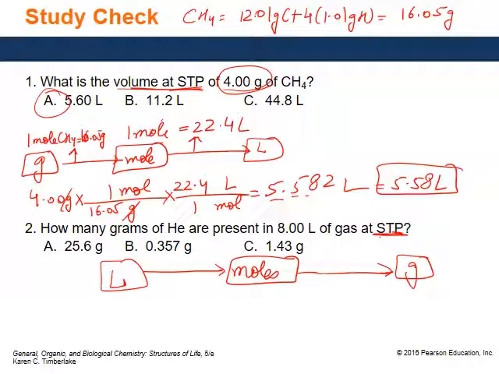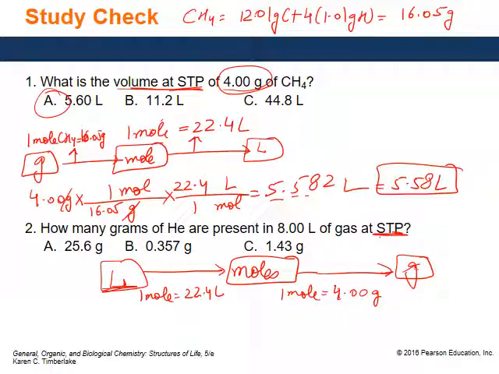So liters to moles would be again 1 mole is equal to 22.4 liters, and mole to grams would be 1 mole is equal to the molar mass of helium, which is 4.00 grams. So you could use these conversion factors to go from liters to grams. Okay, and I'll let you guys figure this question out on your own. I've basically drawn the solution map for you. Now you start from liters, cancel the units by using these two conversion factors, and get to grams.